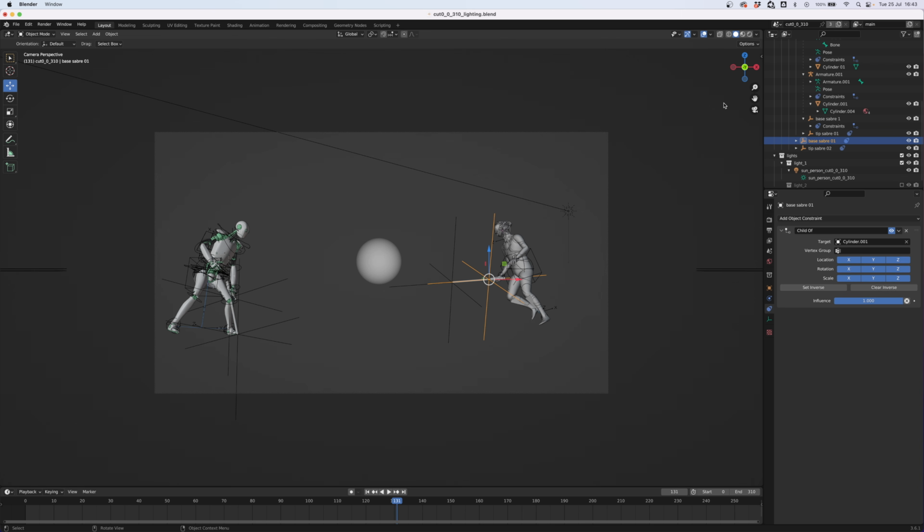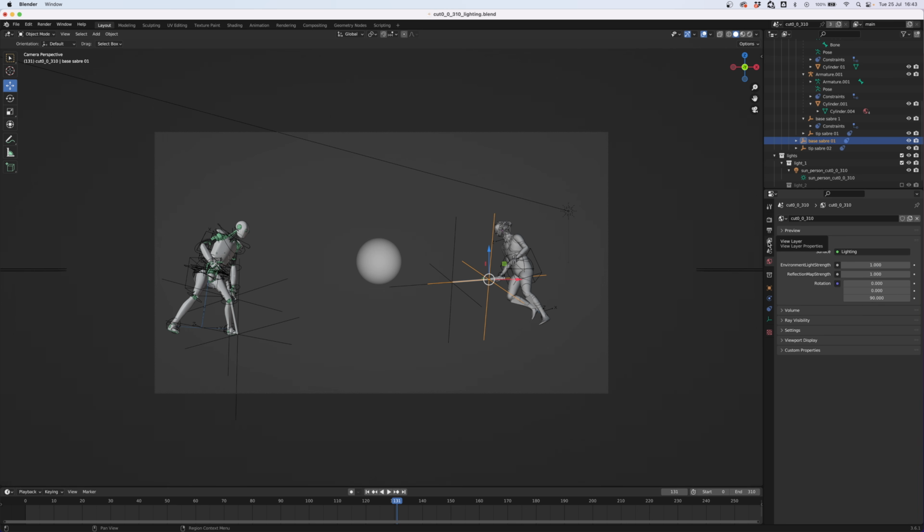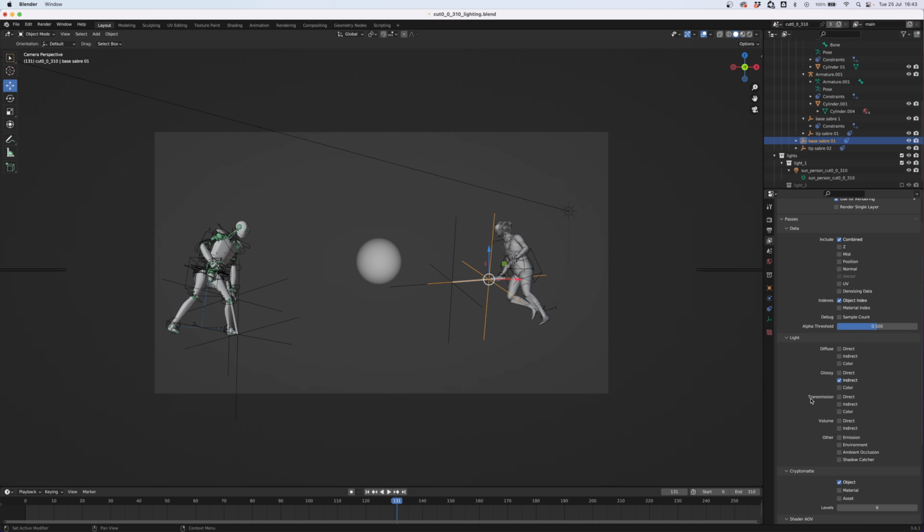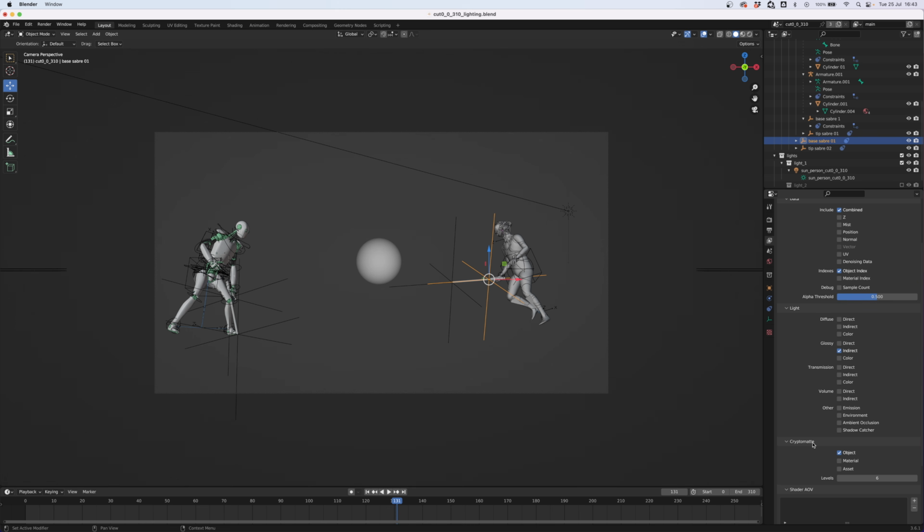Now before we can render this and jump out of Blender, I want to set up a matte for our 2 lightsabers, our 2 swords. So we can do a little bit of setup in compositing with the material, just so that we have this separate render pass just of the lightsabers, so that when they are occluded by one of the characters, we can use that when compositing any effects in After Effects. So to do this, we're going to move to the View Layer tool here, scroll down, and on Cryptomatte, make sure that Object is selected.